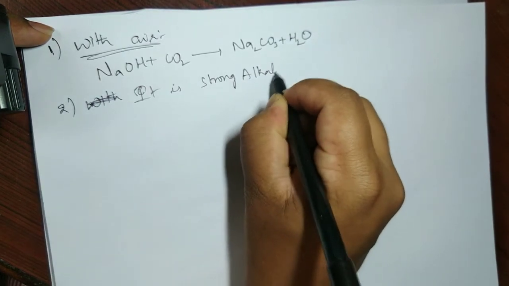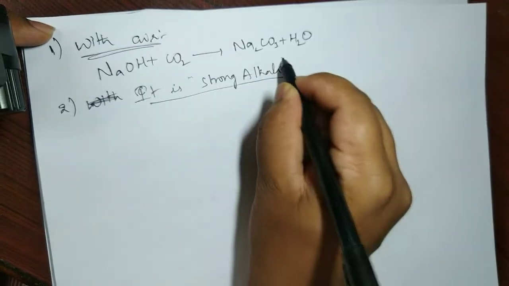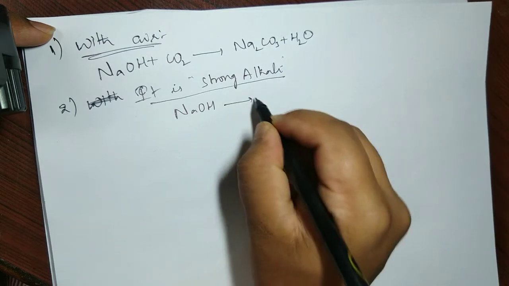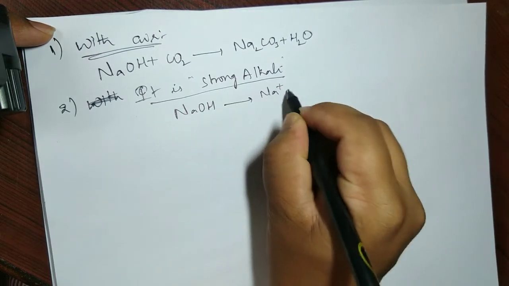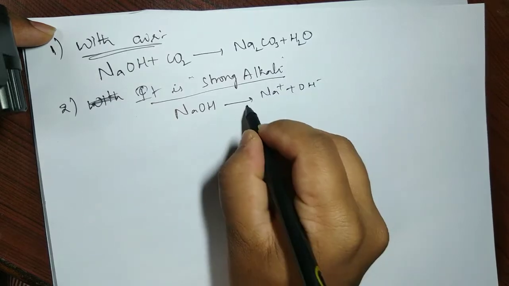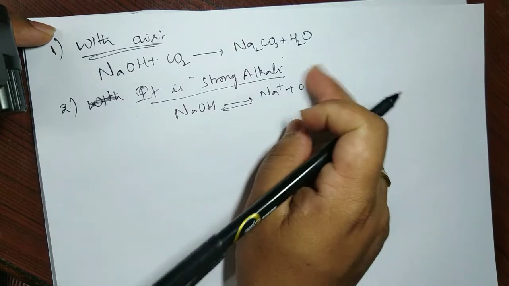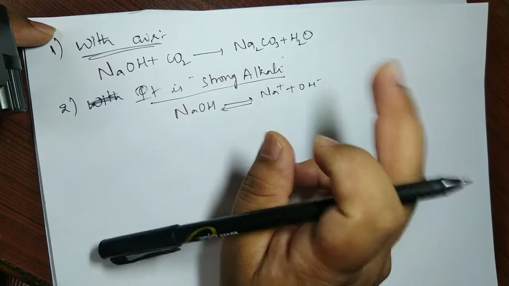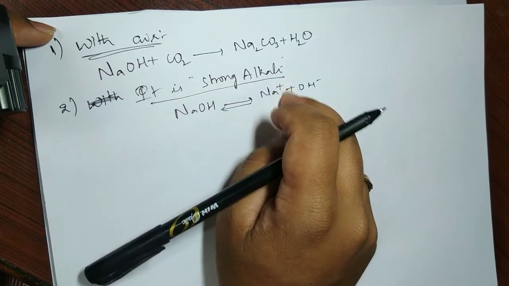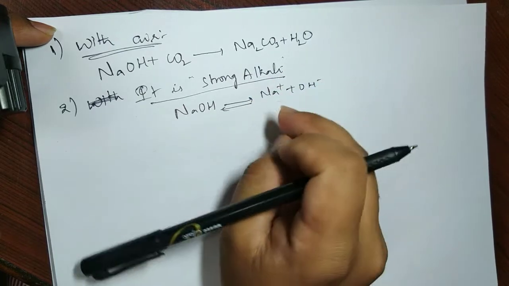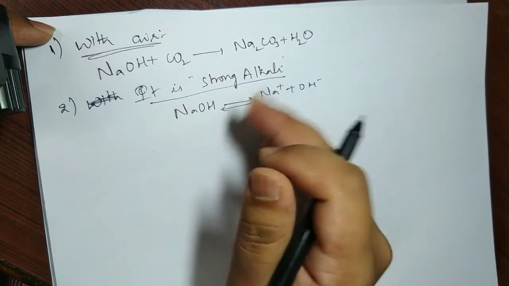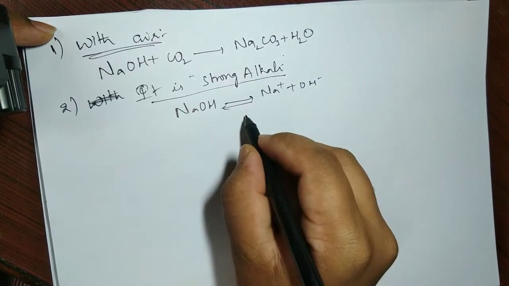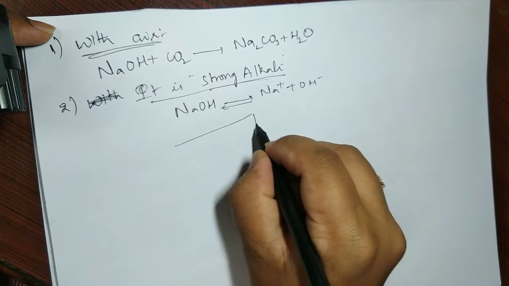What do you mean by strong alkali? Strong alkali means whenever I drop NaOH in water, it will completely dissolve, or completely break down into Na+ and OH- ions. Because of this complete OH- liberation, I call it a strong alkali. Now, based on this liberation of OH-, we'll see how it reacts with acids, metals and all. In fact I can bifurcate the behaviour of a strong alkali into three things.